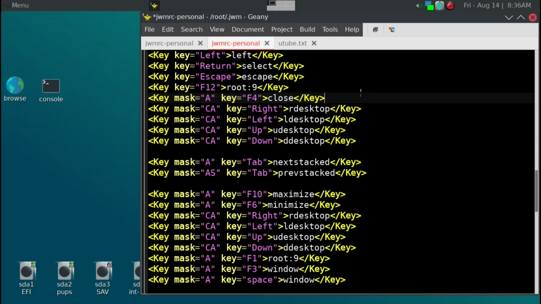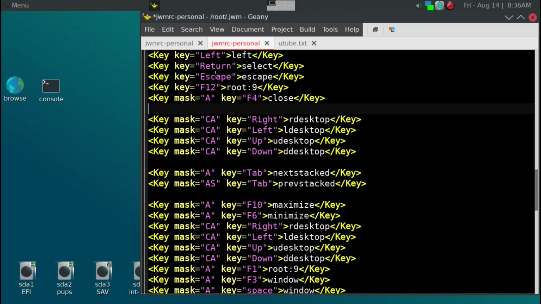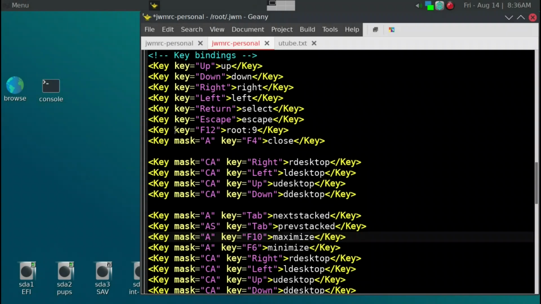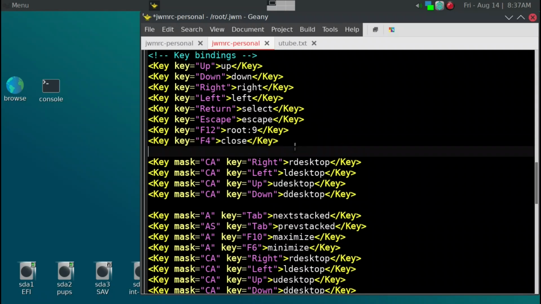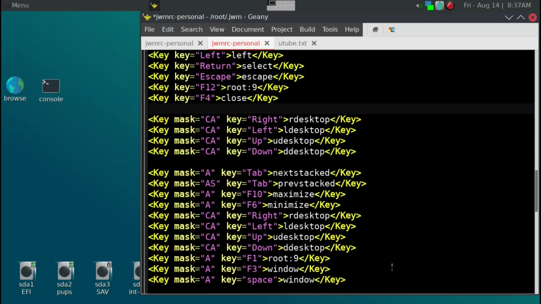The reason I do that is because this up here is all single key, and then we want to follow this here. So we want the F key, and then simply F4 and close. So that's going to allow F4 just to be used to close any open